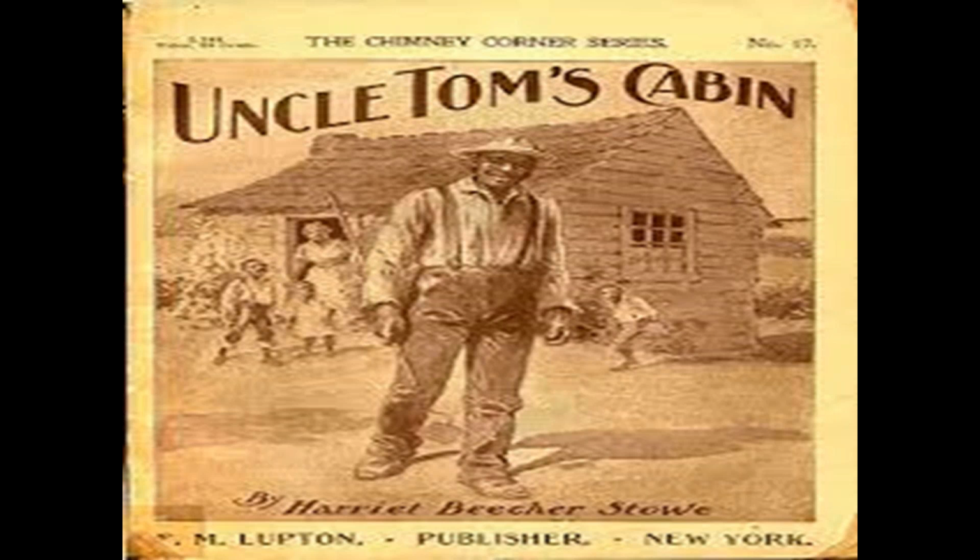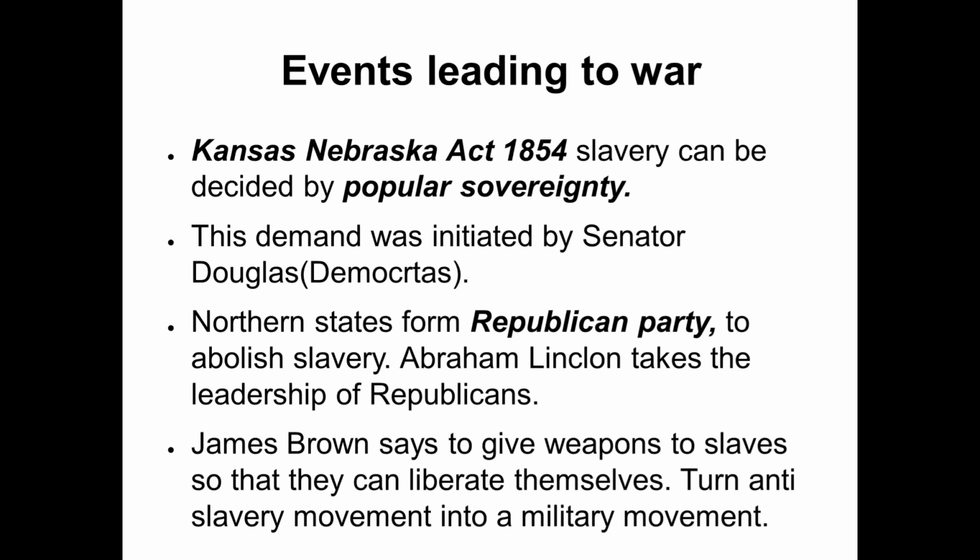Finally, the Kansas-Nebraska Act of 1854 was brought. Slavery can be decided by popular sovereignty. What does it mean? That irrespective of the state you belong to, whether you are north or south, if people within a state want to have slavery, they shall have slavery. So, suppose there are 10 northern states and... granted a slave state status because sovereignty will decide, which means in terms of deciding upon slavery